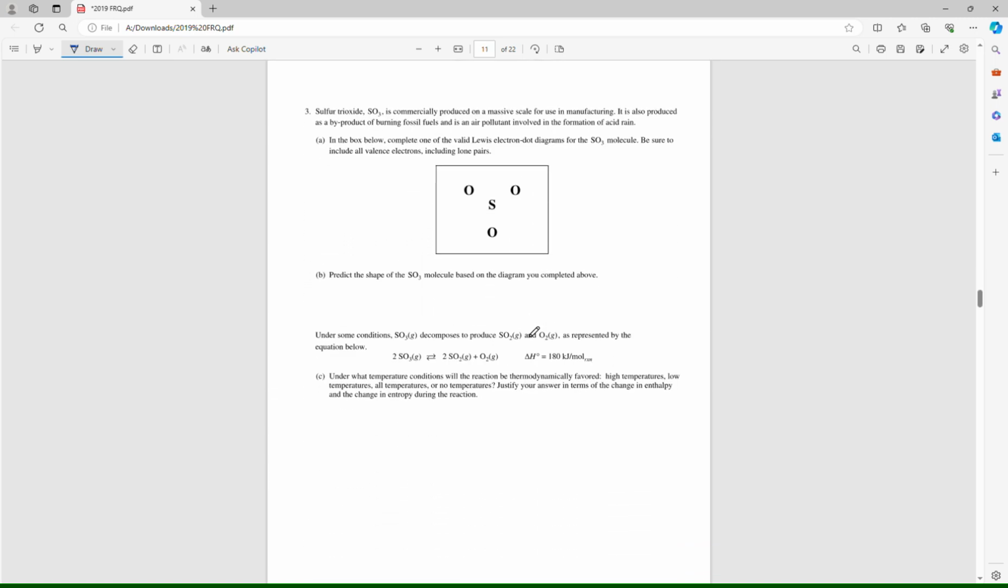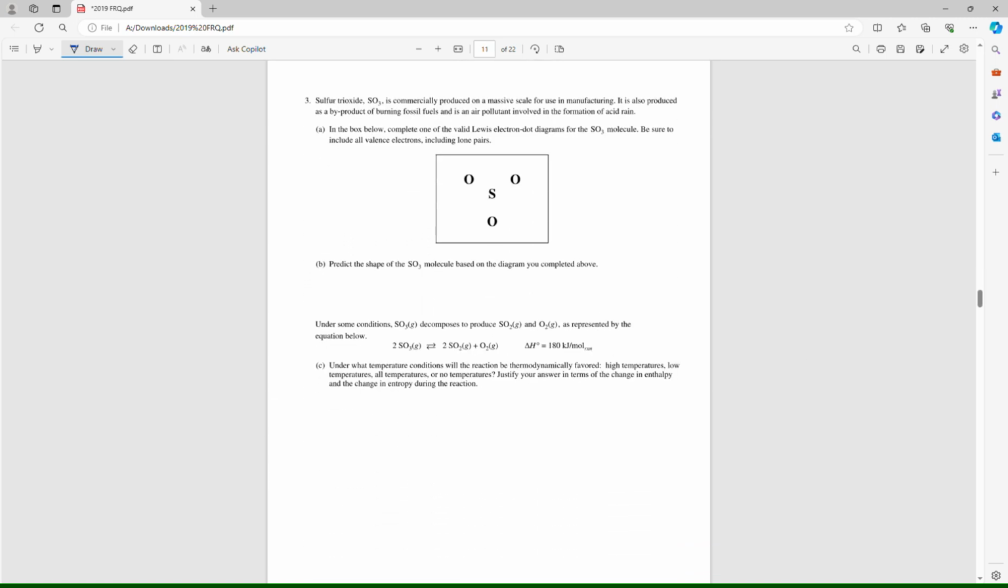All right, number 3. So for this Lewis structure, you actually have 3 different options, and they are all valid and they all work. The only thing that would not work is putting a pair of lone pairs on this S. As a reminder, sulfur can handle 6 bonds. It doesn't necessarily need 6 bonds, but it can handle 6 bonds. And I believe it's phosphorus that could handle 5 bonds, or no, that's not right. I don't remember. Anyways,